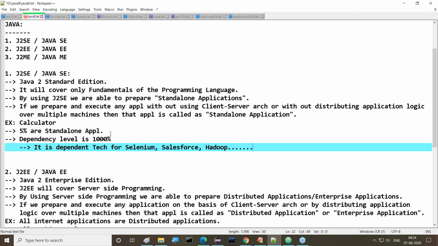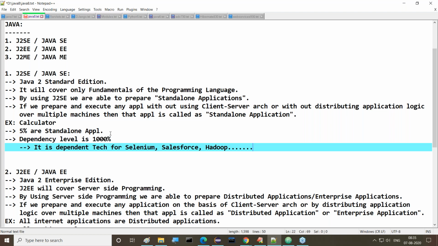For Selenium testing, definitely we require Java. And if you want to go for Salesforce, definitely we require Java. If you want to go for Hadoop, we require Java. And so on, and moreover, mobile application development, Android. If you want to go for Android, definitely we require Java. So almost all the domains outside require which one? Java. Of course, blockchain maybe or different technologies. A number of technologies are available. Almost all, I'm telling you clearly,